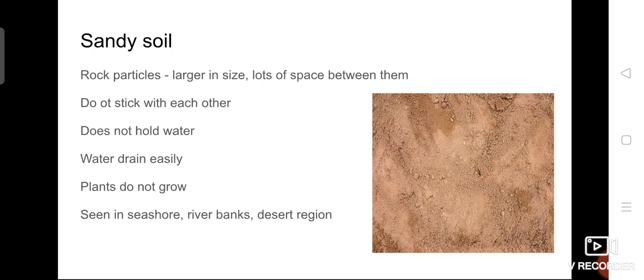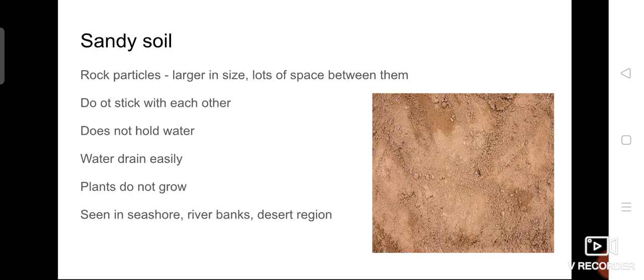If you pour water on that soil, the soil contains lots of small rock particles. They are larger in size and they have a lot of space between them. So due to that space, the water cannot be held in that, so it can easily drain out. Have you understood? For example, imagine